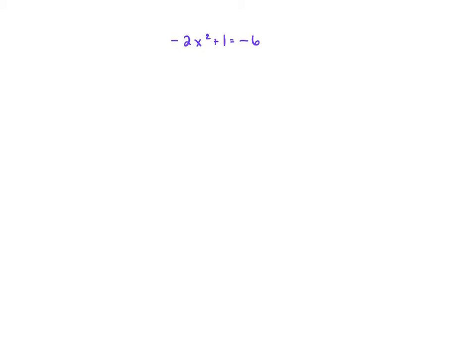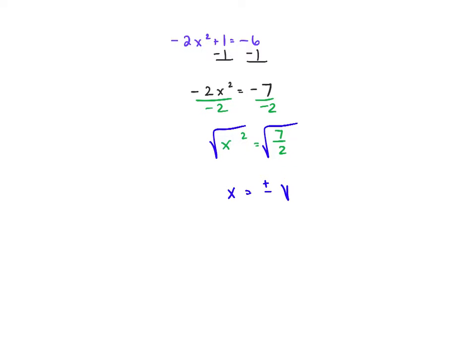This one's a little bit on the nasty side. X squared, no linear term, so let's get that x squared alone. I'll subtract 1 here. I'll divide by -2. And I get 7/2, negative over negative. But again, when I square root both sides, I cannot take the square root of a 7. And I cannot take the square root of a 2. And so this answer right here, this root 7 over 2, is